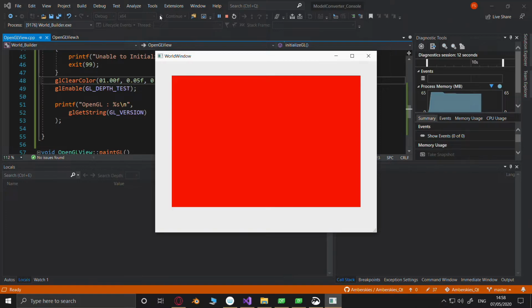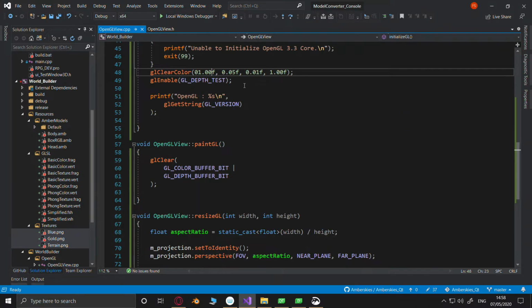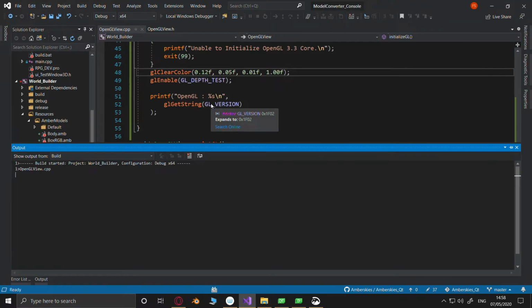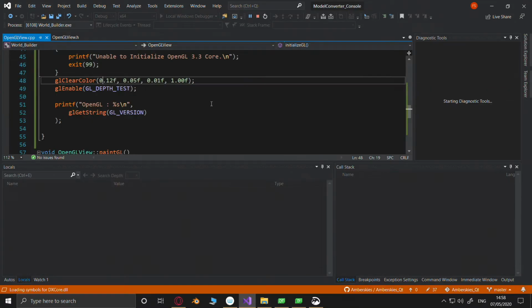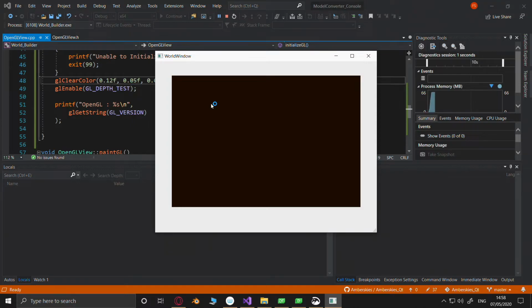So there we go, that's our beginnings of a world builder. We have an empty screen. We have nothing to put on this screen at the moment, and we have 2 empty text files.